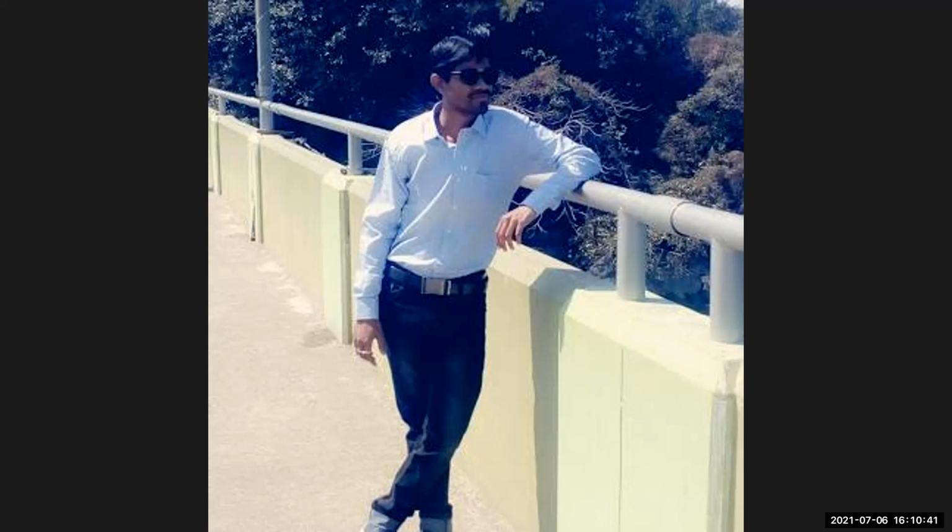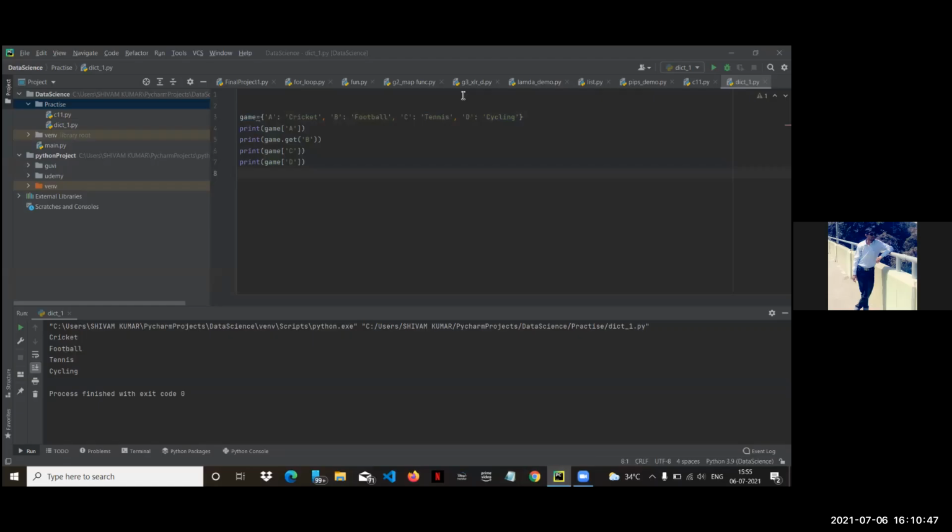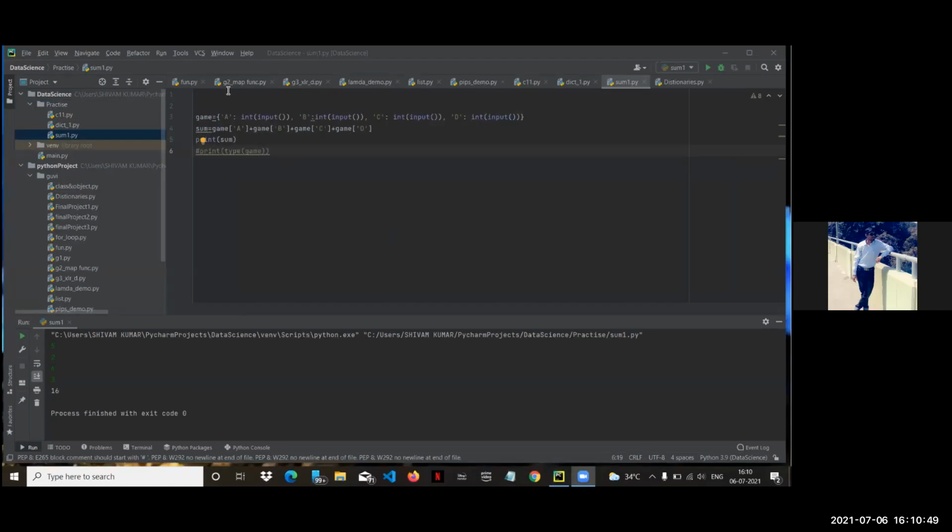Next for Shubham. Is it visible, sir? Yeah, it is visible. And for input, you are taking the values from the user, right? No issue.